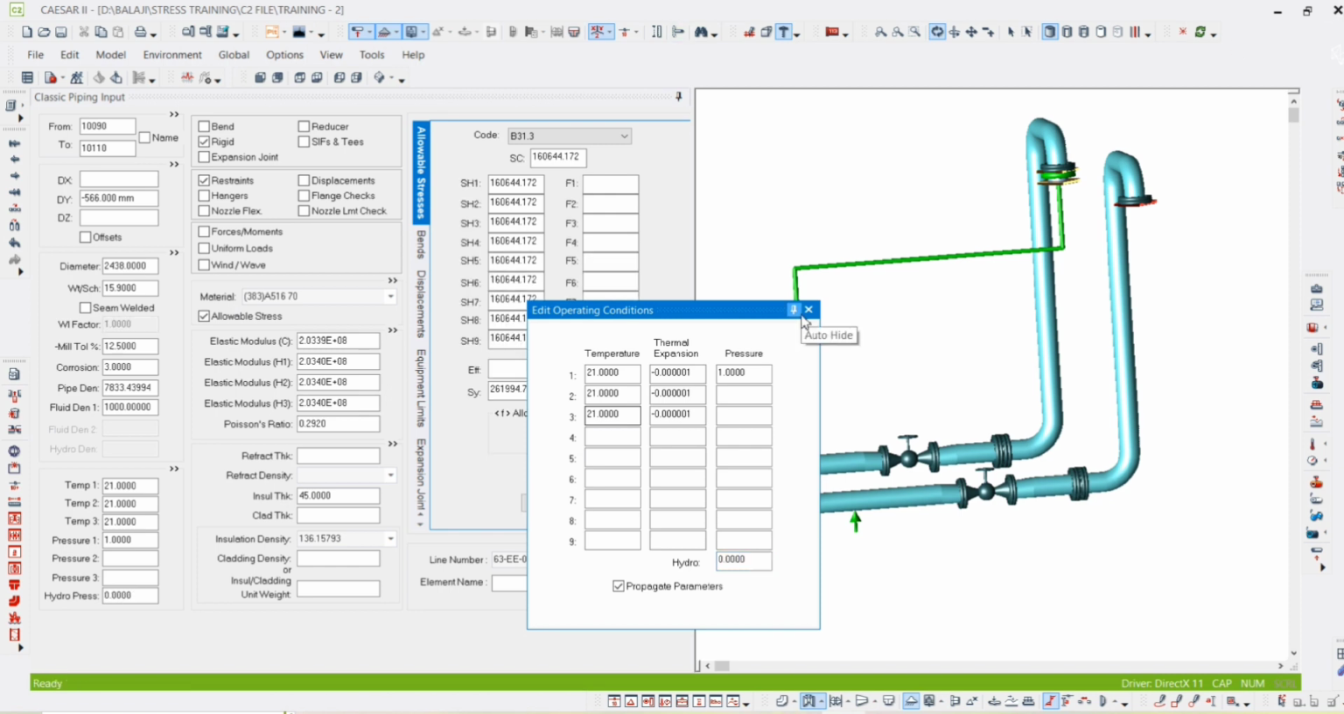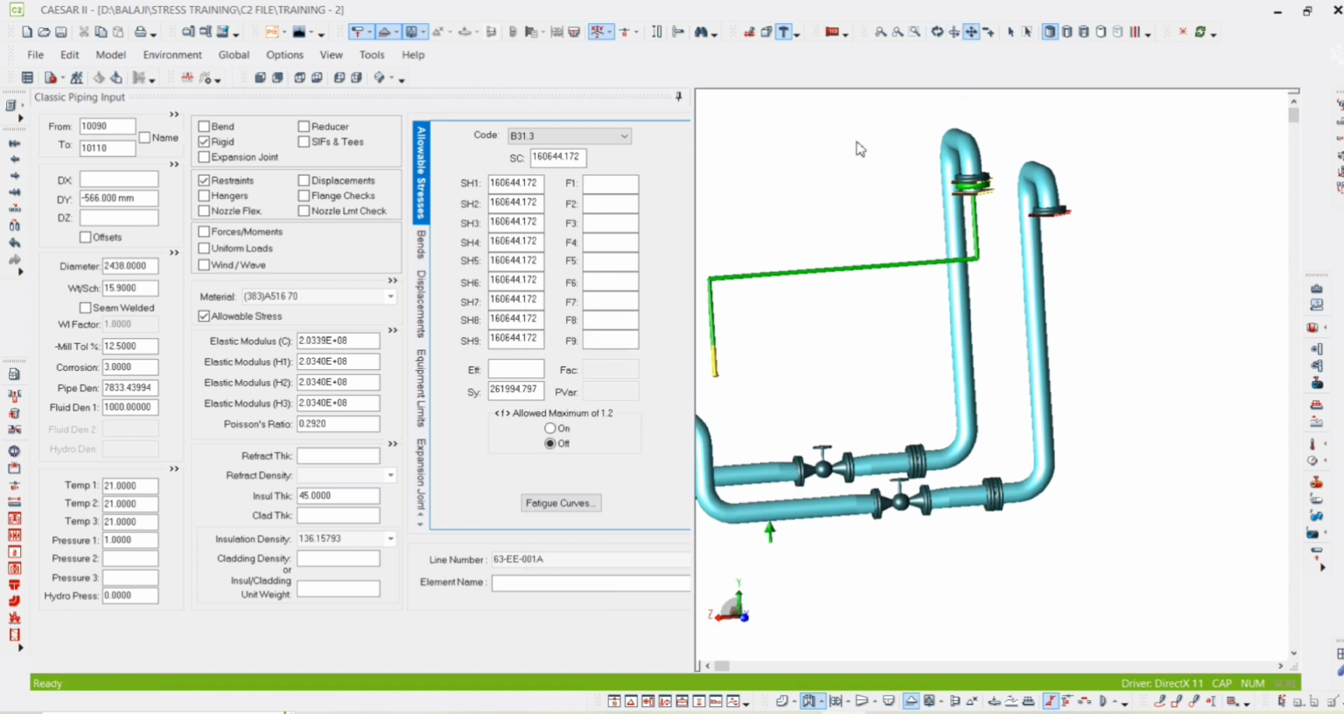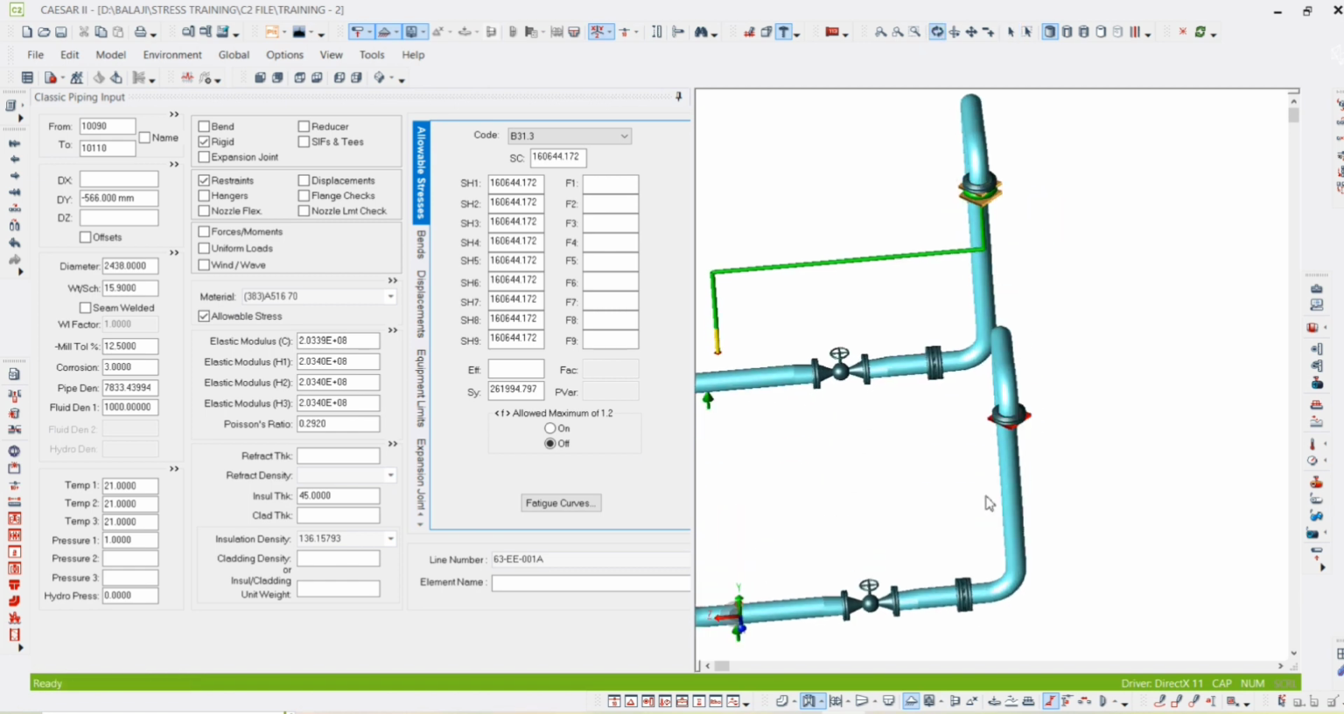Or you can consider it as 0 also, not an issue. It will not have an impact in the analysis. Now if you check,